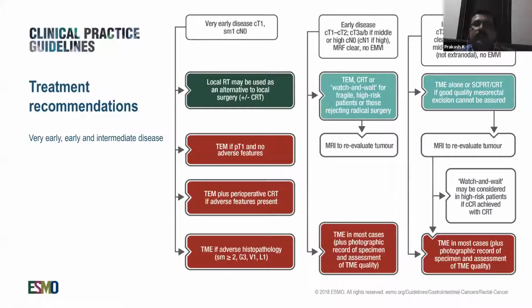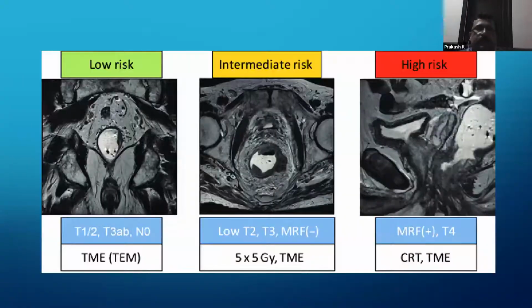You can select these patients as good, bad, and probably ugly, and select these patients for chemoradiation. So those patients with threatened CRM or those with nodes should definitely undergo chemoradiation and then be followed by surgery. So this is the